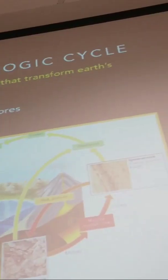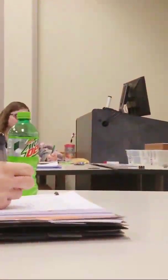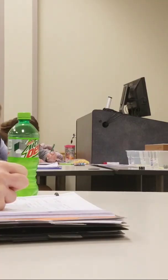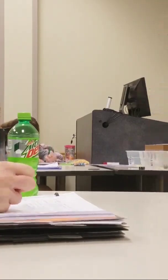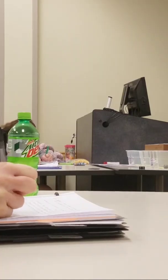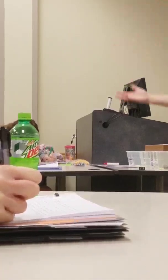These plate tectonic processes produce the geologic cycle. And again, we can think of the geologic cycle as the rock cycle, which maybe unfortunately Dwayne Johnson doesn't have anything to do with. But we can think of the geologic cycle or the rock cycle as these interacting physical and chemical processes that transform the Earth's rocks from one type to another. So just as the crust is in a cycle process, just as the mantle has a cyclical flow to